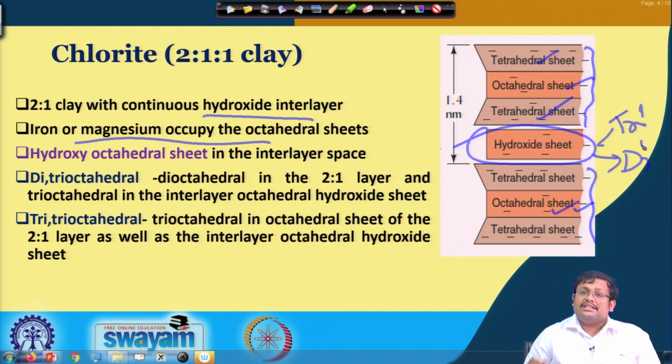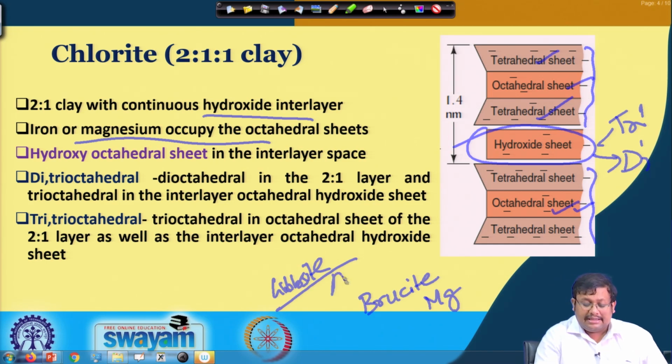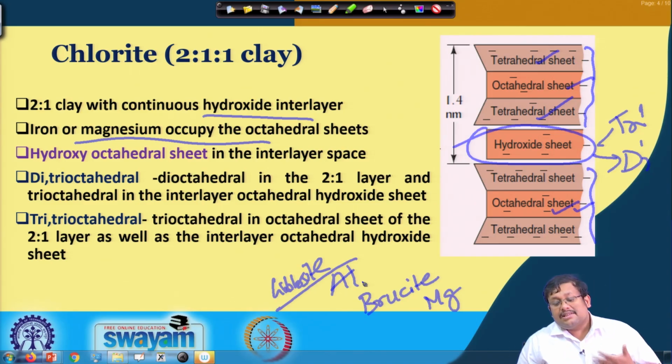If it is trioctahedral, it is known as the brucite layer, where the hydroxide sheet is dominated by magnesium, whereas if it is a dioctahedral hydroxide sheet, then it is known as gibbsite. So, in the dioctahedral, it is dominated by aluminum. So, these are two types of hydroxide layer which can come in the interlayer space of the